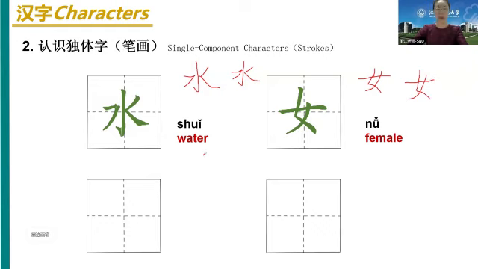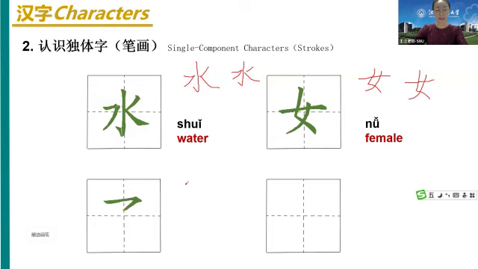Okay, and you must follow me. And if you write after me in the class, there should be no mistakes in your assignments, okay? So, that is 女, it means female. Okay, next,